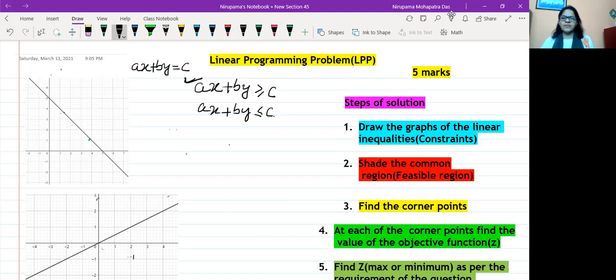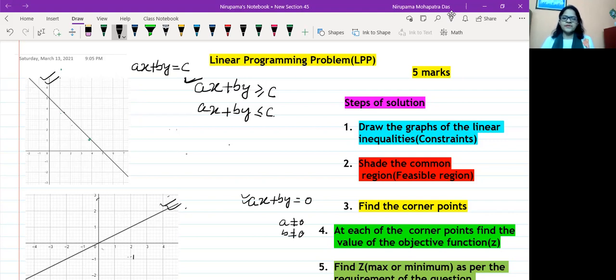The line will be something like this, and of course in various positions, like the line is like this, or you may get the line on the other side, a mirror reflection like this. So basically, let us consider the line which doesn't pass through origin. And suppose you have ax plus by equal to 0, where a not equal to 0, b not equal to 0. Such lines will pass through origin like this.